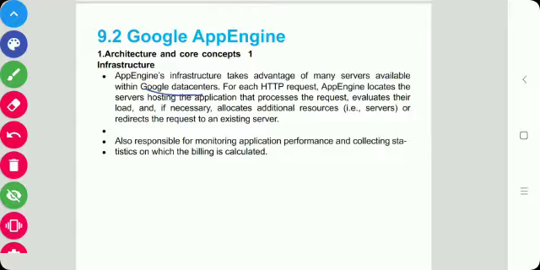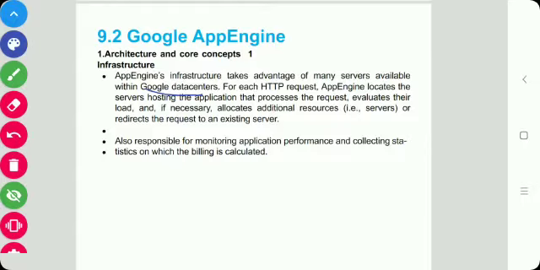For each HTTP request, App Engine locates the server hosting the application that processes that request. So according to the request, App Engine locates the server, evaluates its load and, if necessary, allocates additional resources. If any resources are required, they are also allocated to that server, or the request is redirected to an existing server.